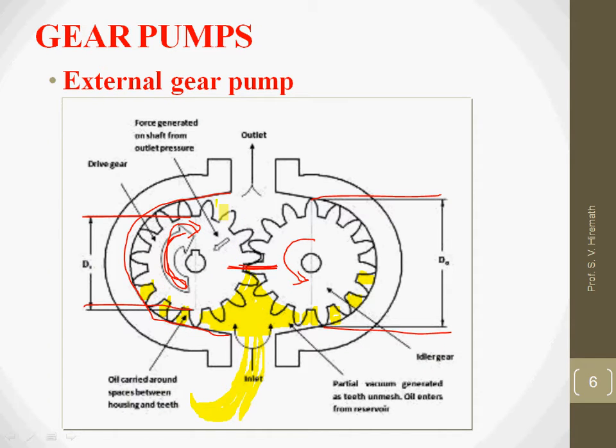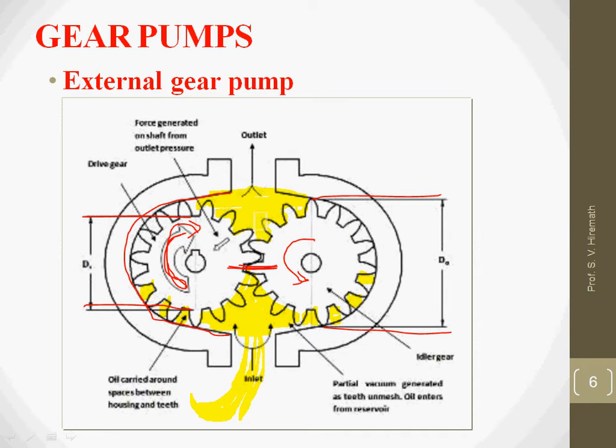When the hydraulic fluid reaches the top position, there is again the meshing of the teeth going to occur. So this meshing of the teeth is going to make the squeezing action on the hydraulic fluid. Here the pressure is going to be increased because the teeth are going to be meshed, because of which there is a reduction in the volume.